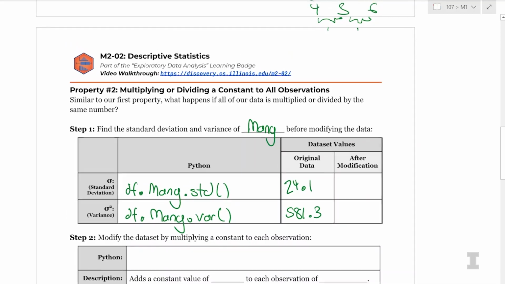581.3. So before we even dive into this problem, I want to kind of observe how we went from a standard deviation of 6.3 to a standard deviation of 24.1 when we compare just couple to mini. What does that kind of mean? Why, when we have a value that's so much larger? Yeah, so it basically means that when people were answering this survey, there were a lot of different values that they put in for mini, and they're kind of more spread out. Whereas for couple, it's probably that most of the data is kind of centered around the average and not super far out from the other numbers.